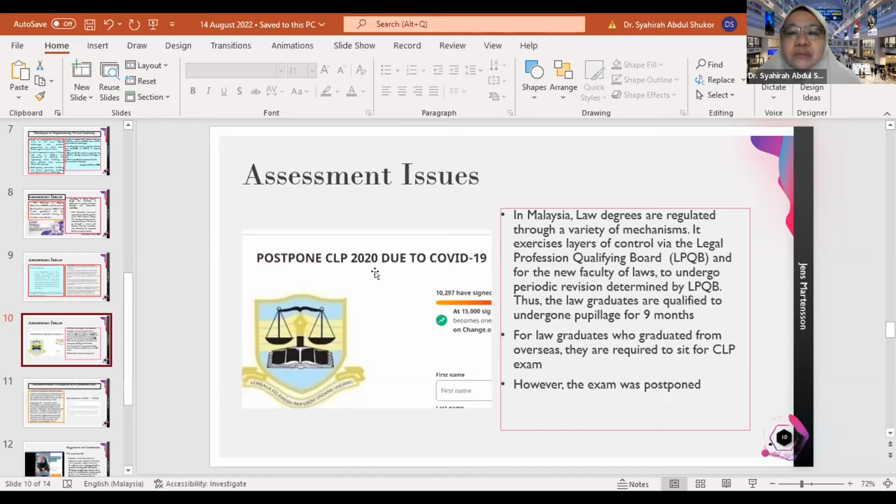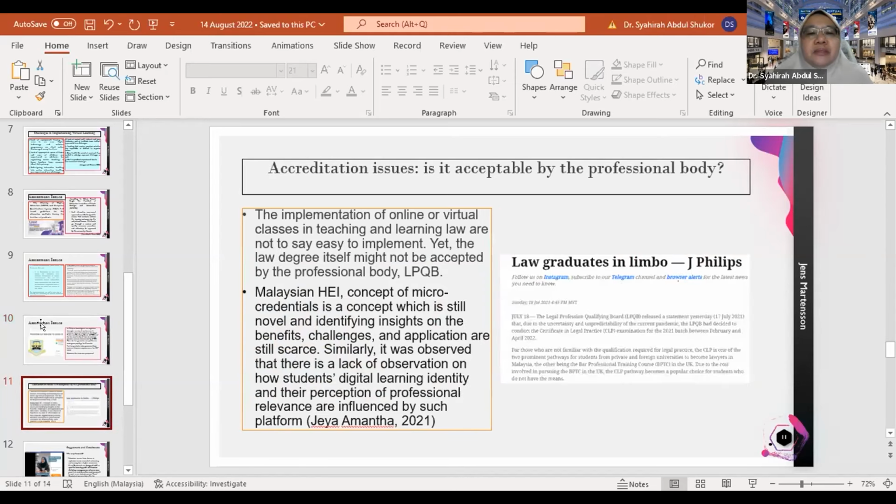For law graduates who graduated from overseas, they are required to sit for the CLP examination, and it is sad to see that the examination was postponed for almost 2 years, and I think they have started to offer the exam again. In order for the law graduates from overseas to do chambering, they have to sit for the CLP. So it became a national issue at that time, and as time goes by, the implementation of online